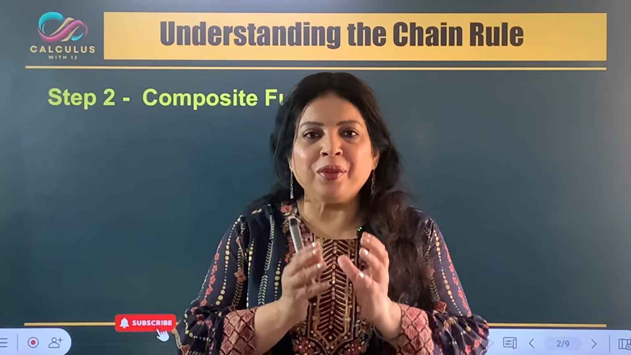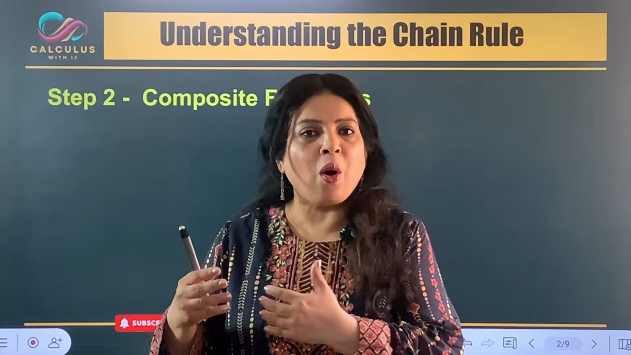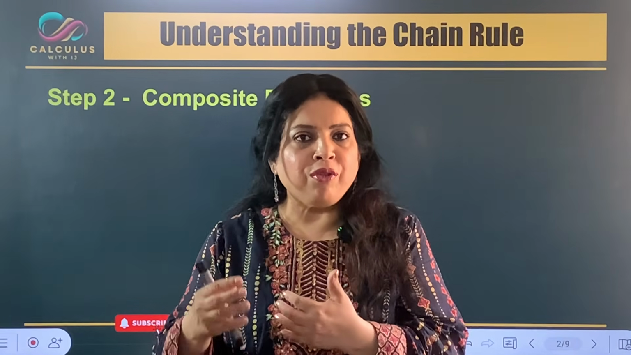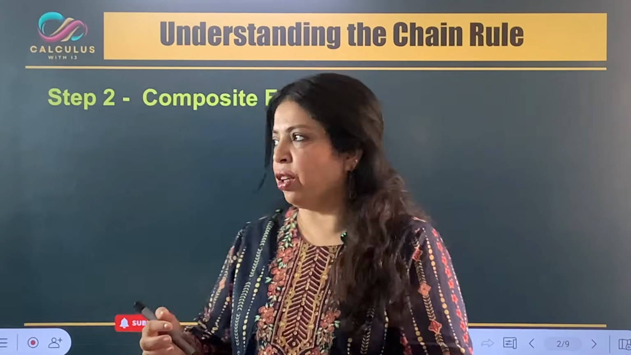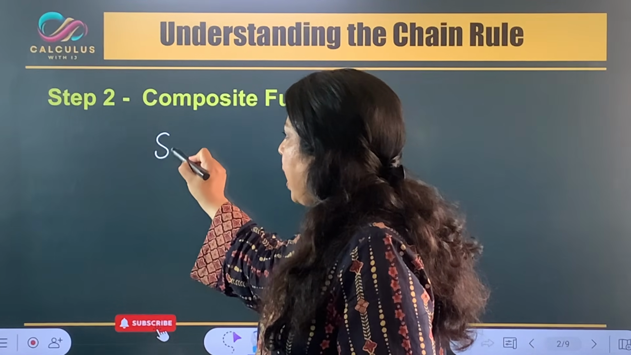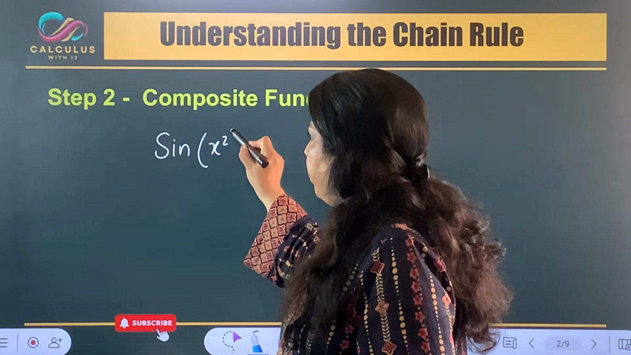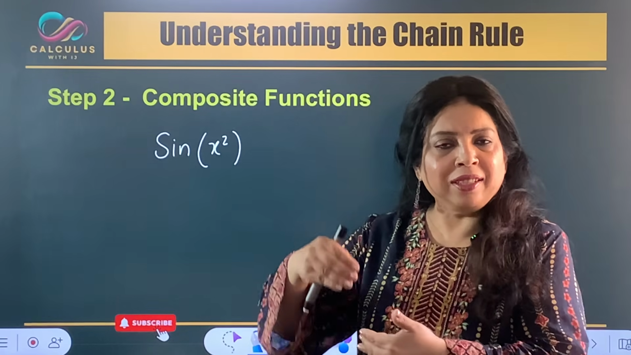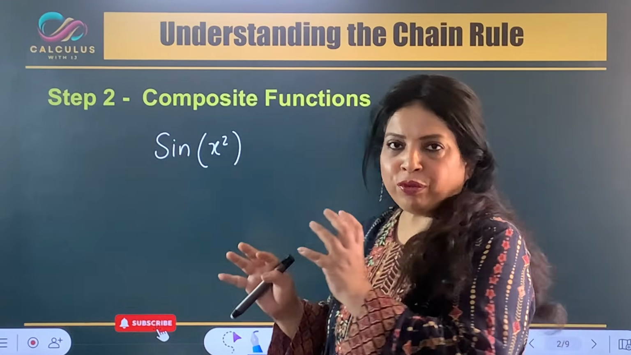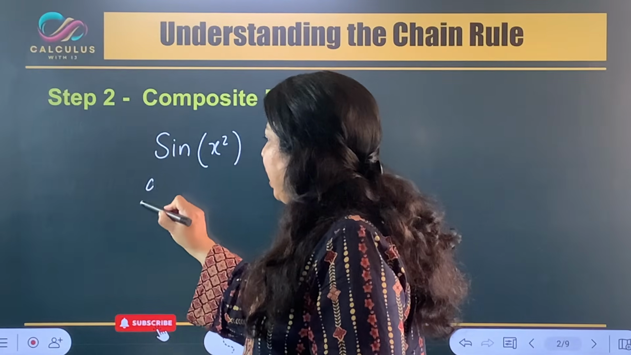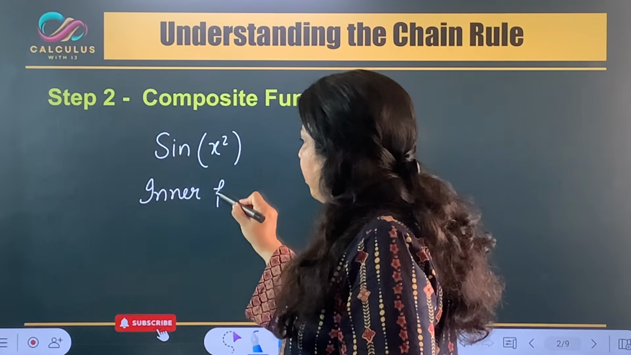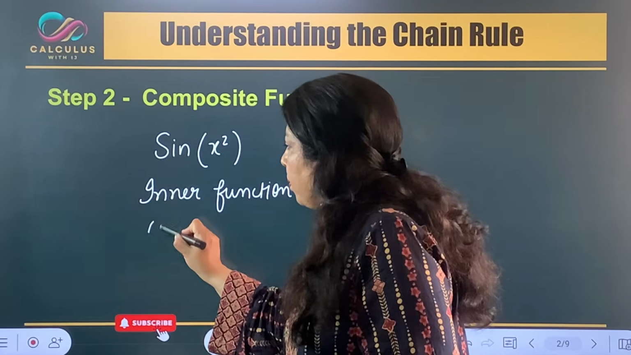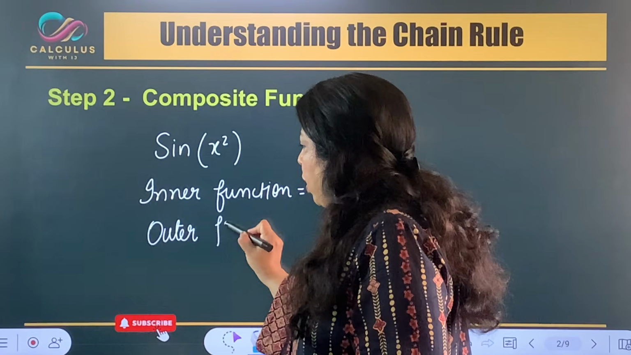Before discussing the chain rule, let's understand what a composite function is. A composite function occurs when one function is placed inside another function. For example, sine of x square. Here the inner function x square is inside the sine function. So we can think of this expression as two parts. Inner function is x square and outer function is